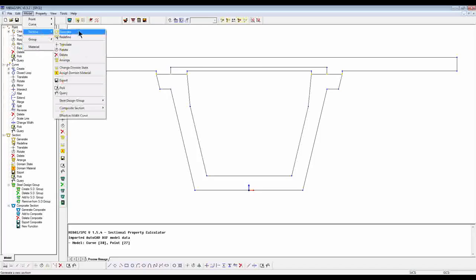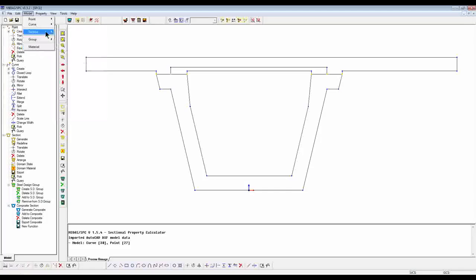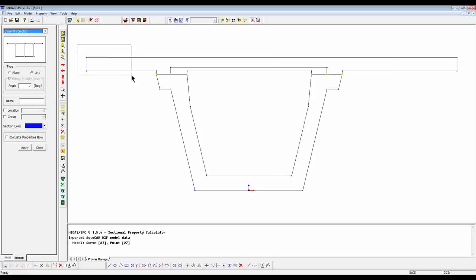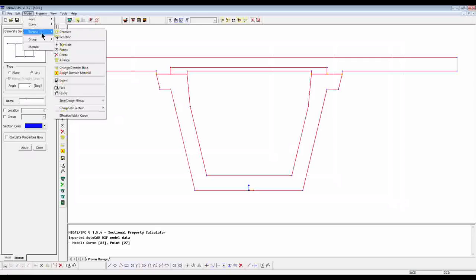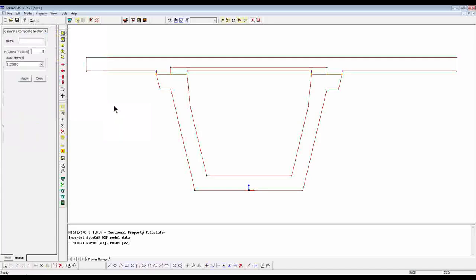Now, if you have a single section, you can go to section and generate and simply choose those parts, give it a name and apply. However, we are actually working with a composite type of section. So I'm going to go to the composite section tab here and find the same function, generate, but for composite section. Okay. Name, girder. It's going to be part 1. And let me select